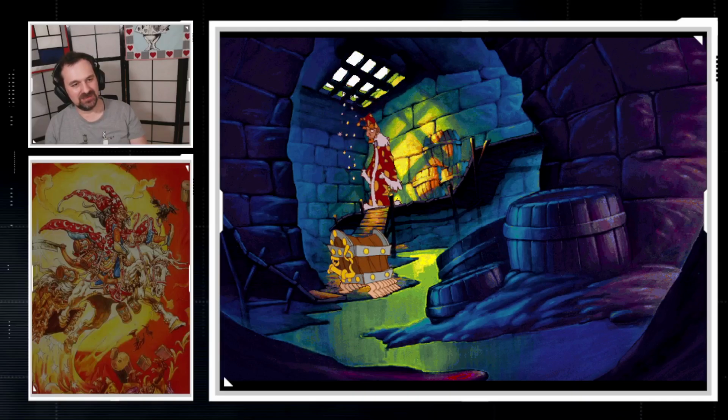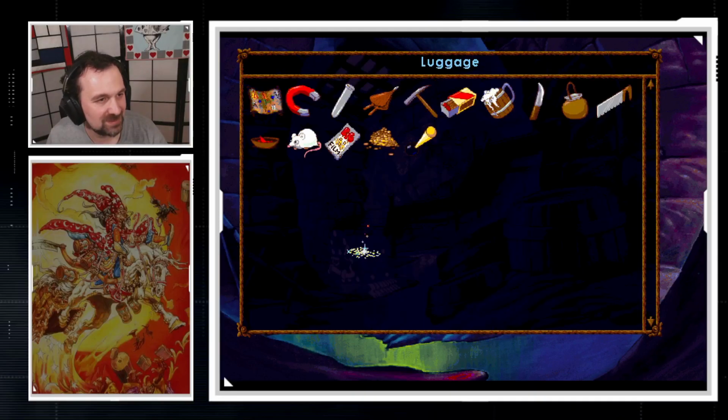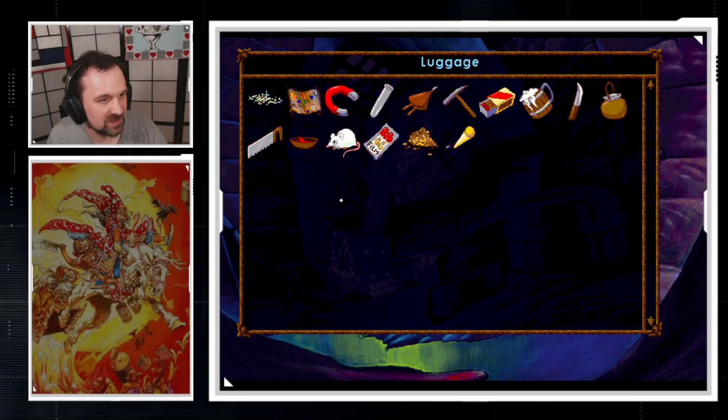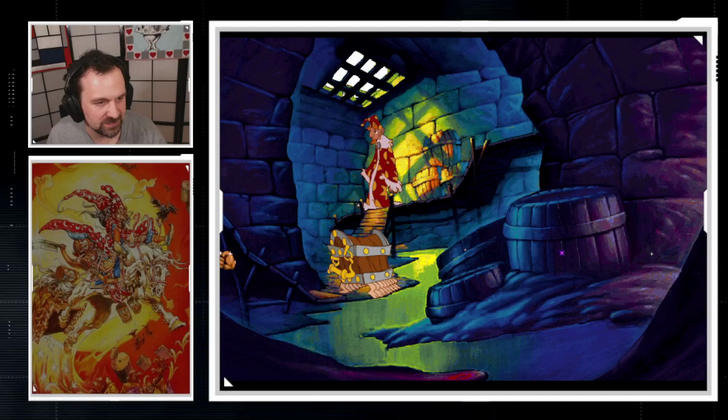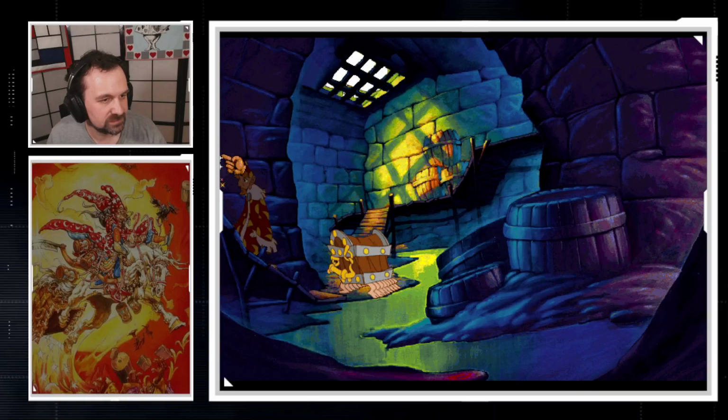Man, I didn't remember all the adult jokes. The Discworld 1 also had quite a few, right? Can I have it here? Yeah, it's fine. So this one is a final item. Glitter dust, eh? Well, I'm sure this will come in very...